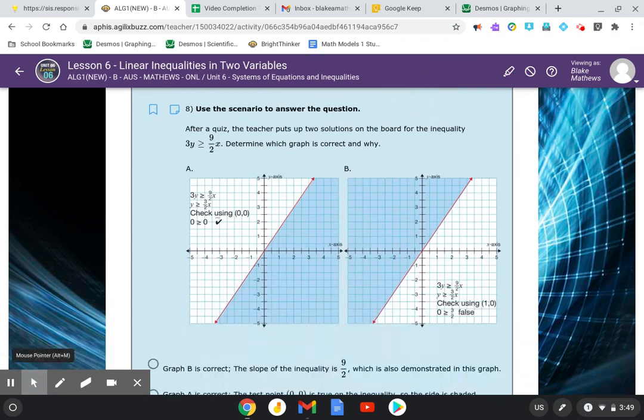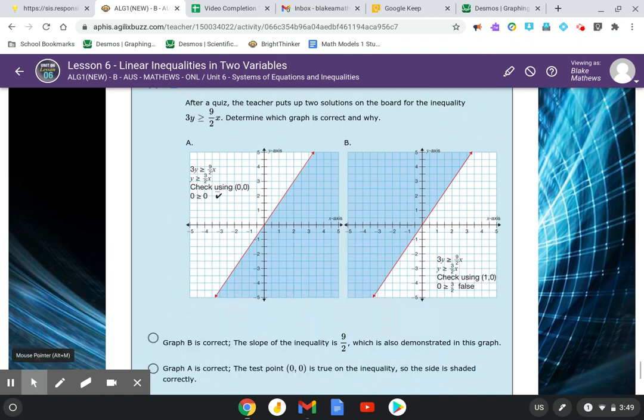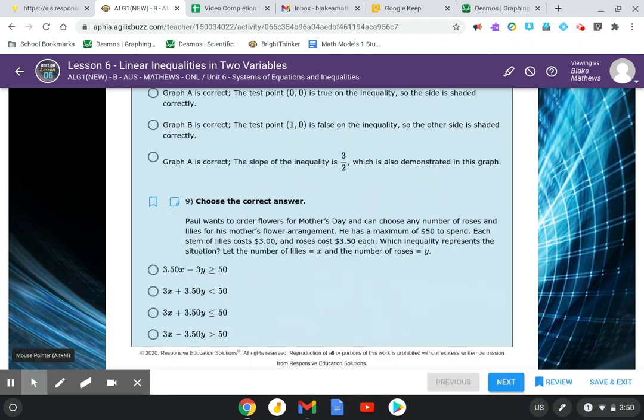More of the same in number 8. I'll let you do that one as well. They just want to know which of these two graphs represents the thing that they're describing here. Okay? And then lastly,